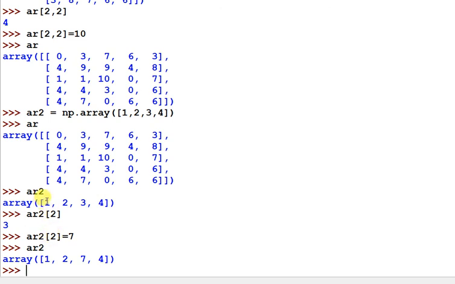Index always starts with 0, then 1, 2, 3, and it goes up to the length of the array minus 1. And this is the two dimension array, and because it has two dimensions, you have to pass both dimensions. The first dimension must be the row index number, and the second dimension must be the column index number.